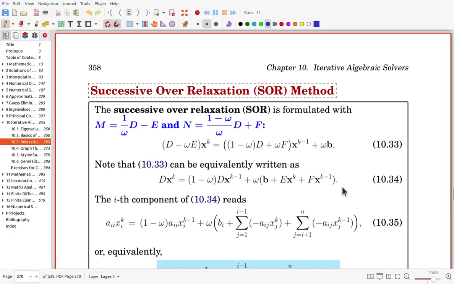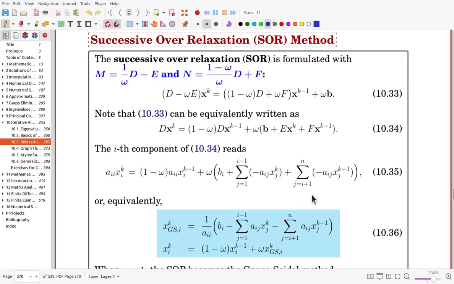So for each component, the ith component, we have that. And now after dividing by a_ii, we can see that this one is actually the same formula as for the Gauss-Seidel method. So in a sense, after dividing by a_ii,